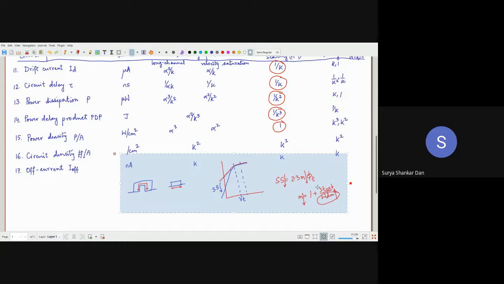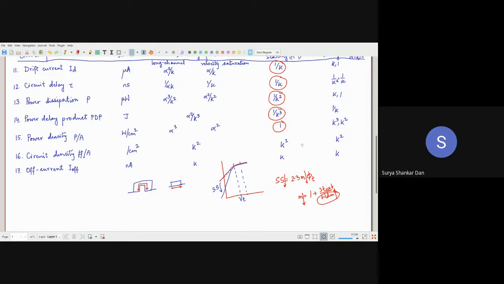So as you can clearly understand, the problem is very clear. I have already written one issue with short channel: your off current will increase by a factor of k. ऐसा नहीं है कि the I off has increased by 2 nanoamperes. No, it multiplies, yaar. So if earlier your off current was say 20 nanoampere, now it is 40, because you have just scaled by a factor of 2. It just multiplies. 20 nanoampere doesn't become 25 nanoampere, it becomes 40 nanoampere.